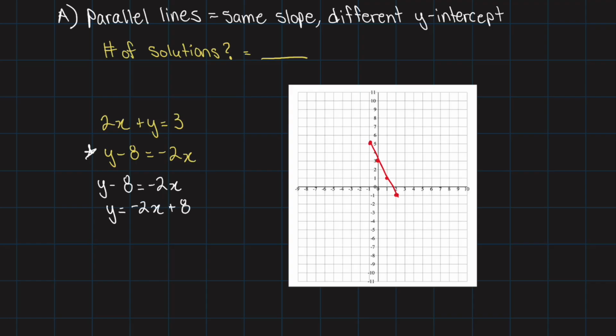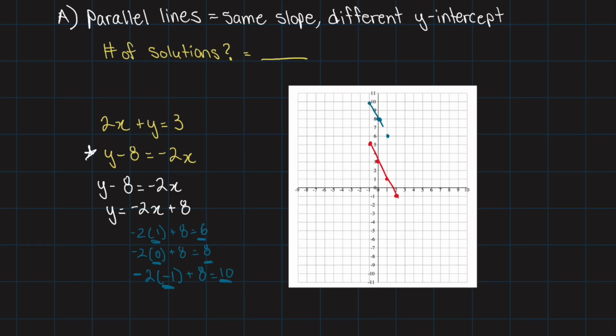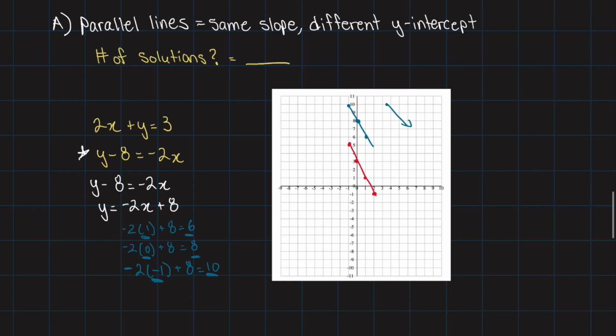Now we put in different values. I'll use the color blue. This also makes a straight line. And as we can see, these are parallel lines. They're both going in the same direction. They're both going from positive to negative, but they have different y-intercepts, which means they intercept the y-axis at different